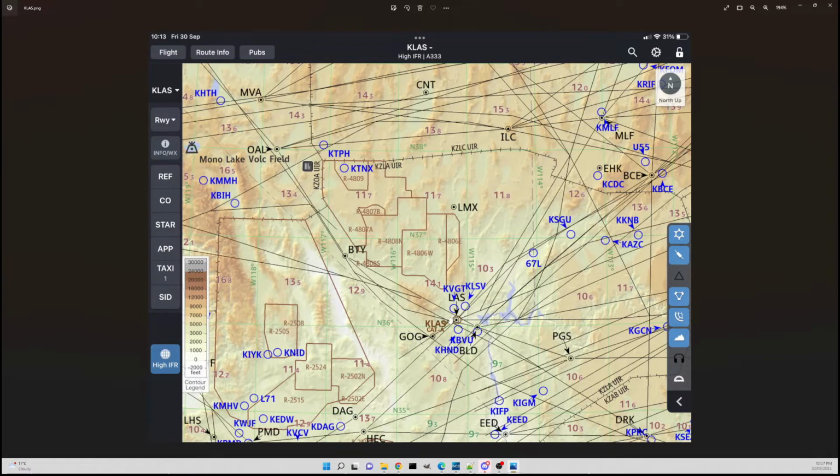And if you have a look at the airways, you can see they generally fly around it, because getting clearances to fly through this stuff's a pain for civil aircraft. So generally they'll fly around it. If it's not active, you might get a direct. But let's set our traffic so that they fly from, say, Las Vegas